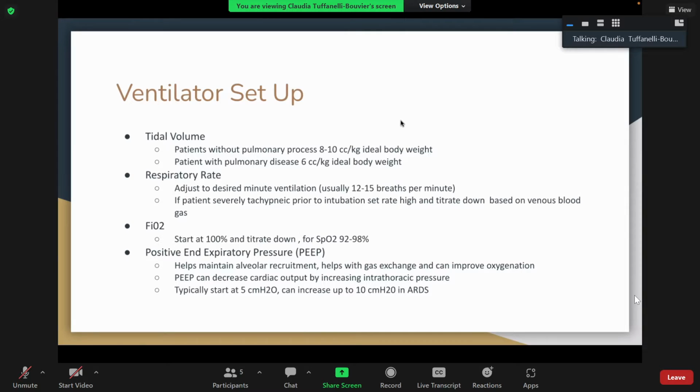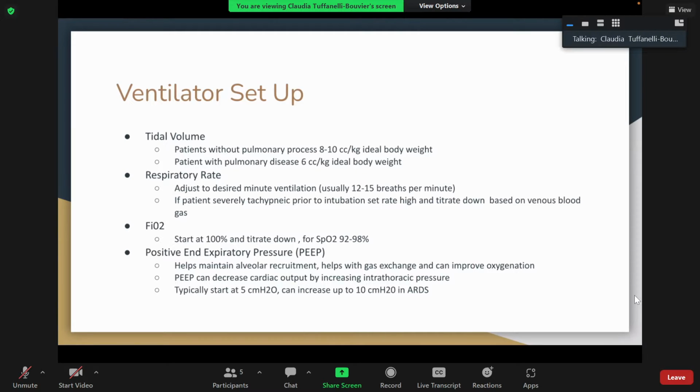So the next part of the setup will be your tidal volume. And like we talked about, if you're doing assist control, then you would need to select a volume. So if somebody has a non-pulmonary issue, they're being intubated for, say, altered mental status, or they have a low GCS, you need to do a procedure on them, then you can set them with 8 to 10 cc's,